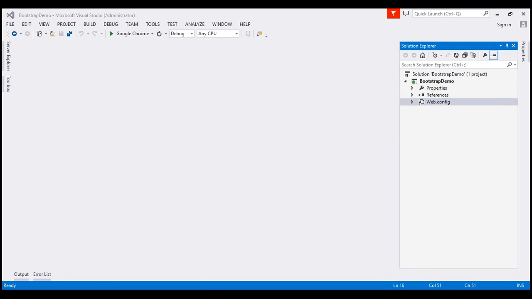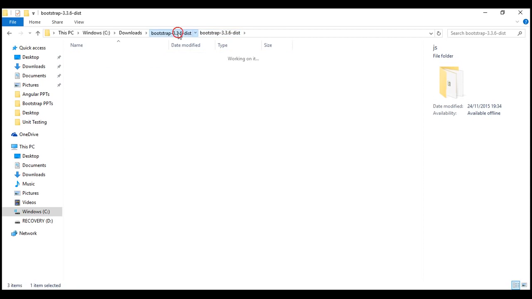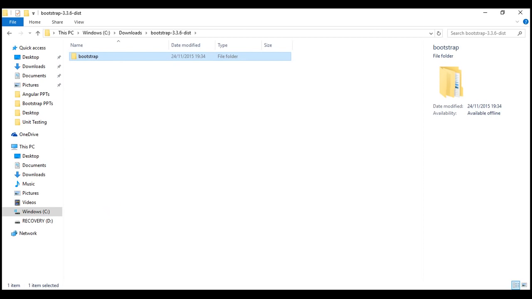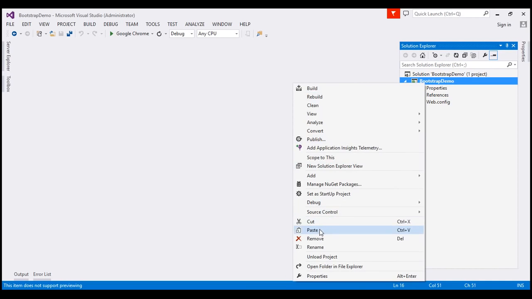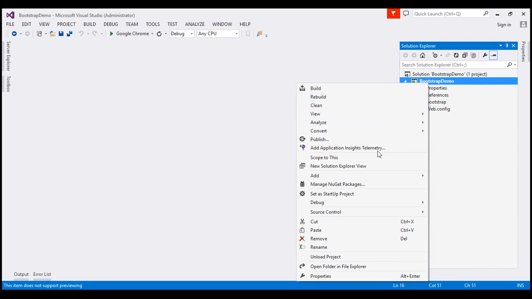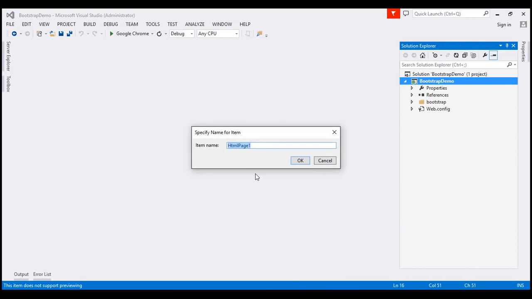So, I'm going to go to the folder, and I'm going to change the name of this folder to Bootstrap to keep things simple. And I'm going to copy this folder and paste it within the root directory of our web application project. So that's our first step. And the next step is to add an HTML file. So I'm going to add an HTML file, and I'm going to name this